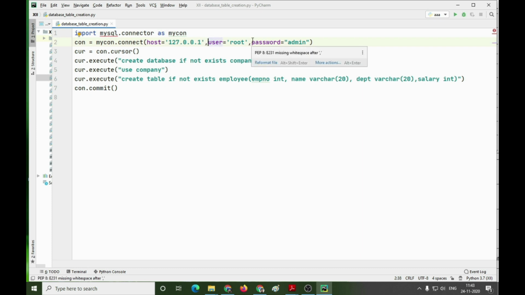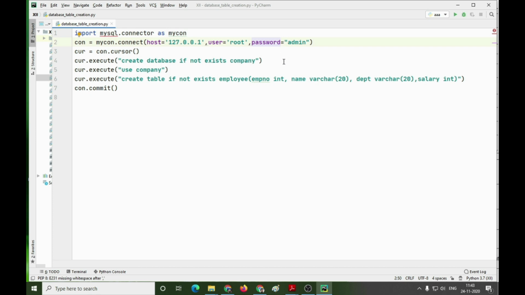Then we have to give the username in which we want to create the database. By default, the username in MySQL is root, and the password will be the same password which you gave while installing your MySQL application. You have to remember that password.